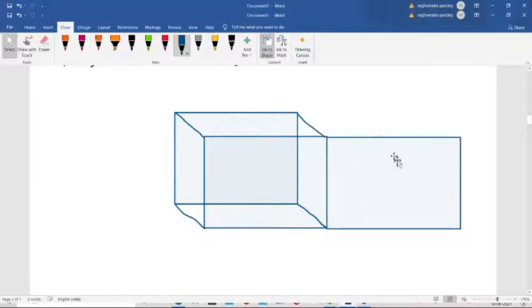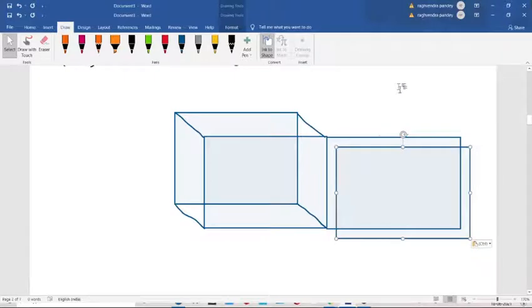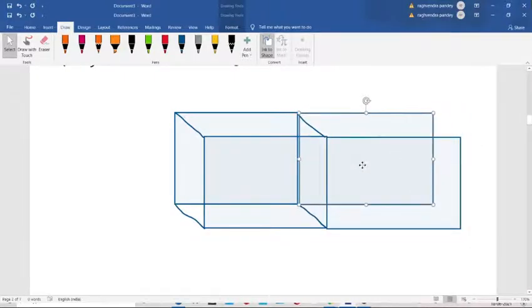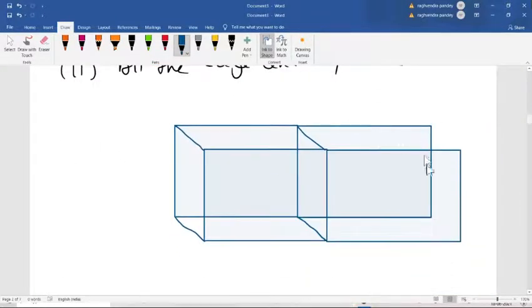So octahedral void is very simple, but the thing I want to tell you, I'm taking two FCC unit cells here, because I need two.